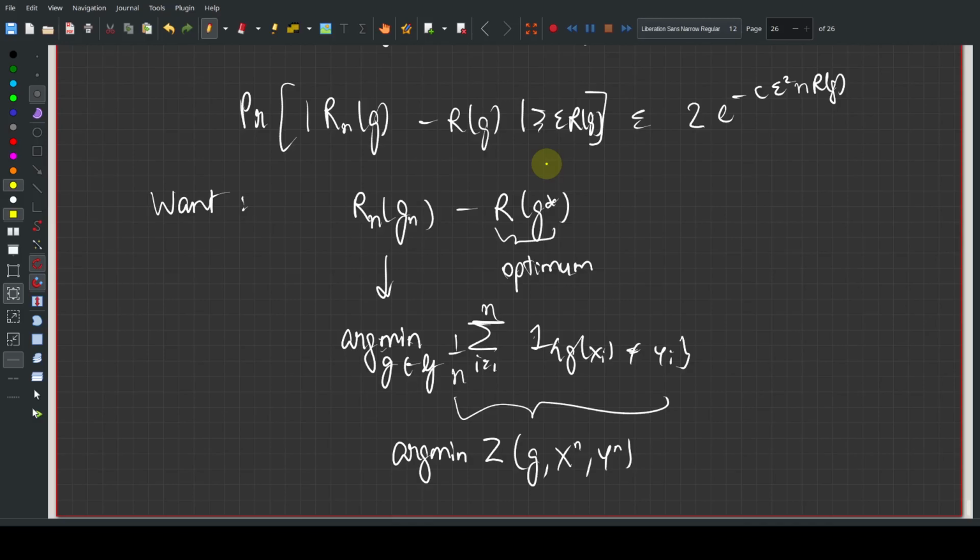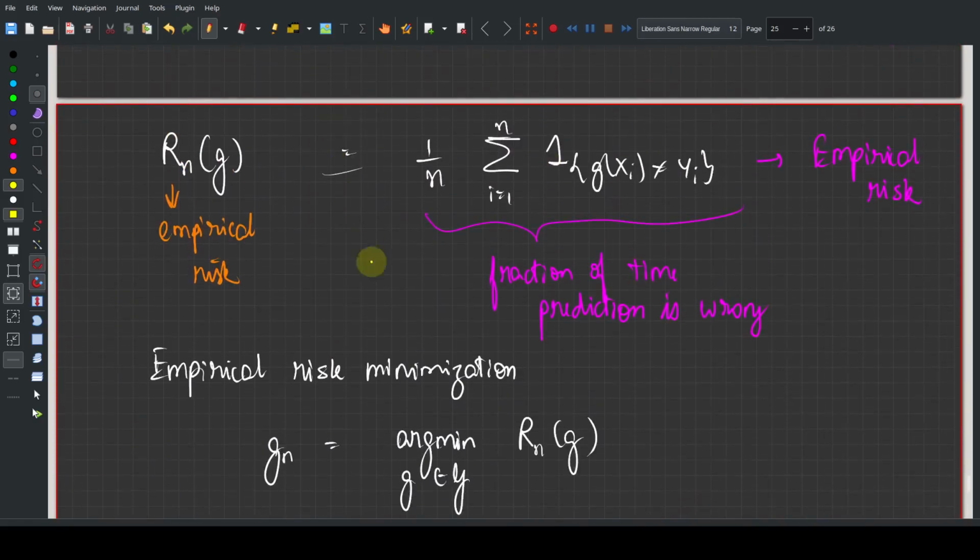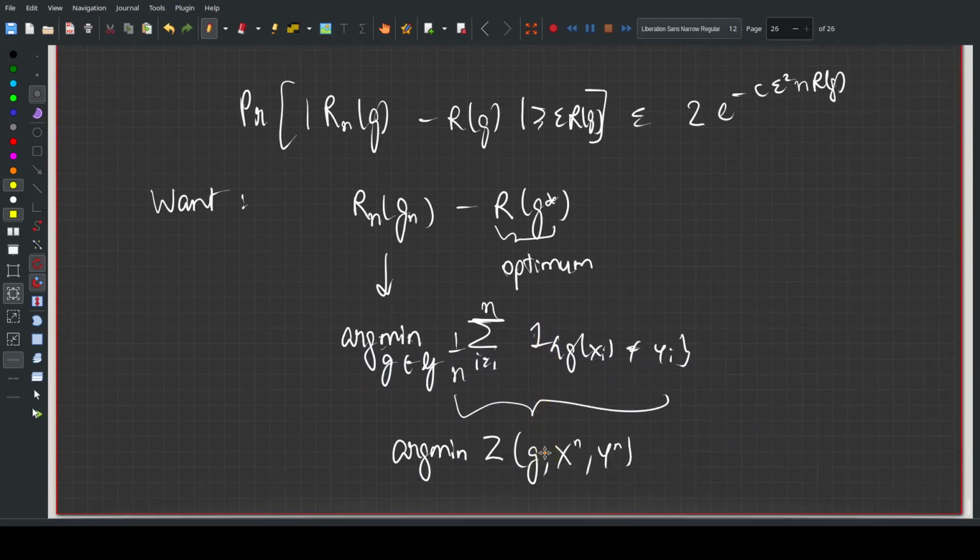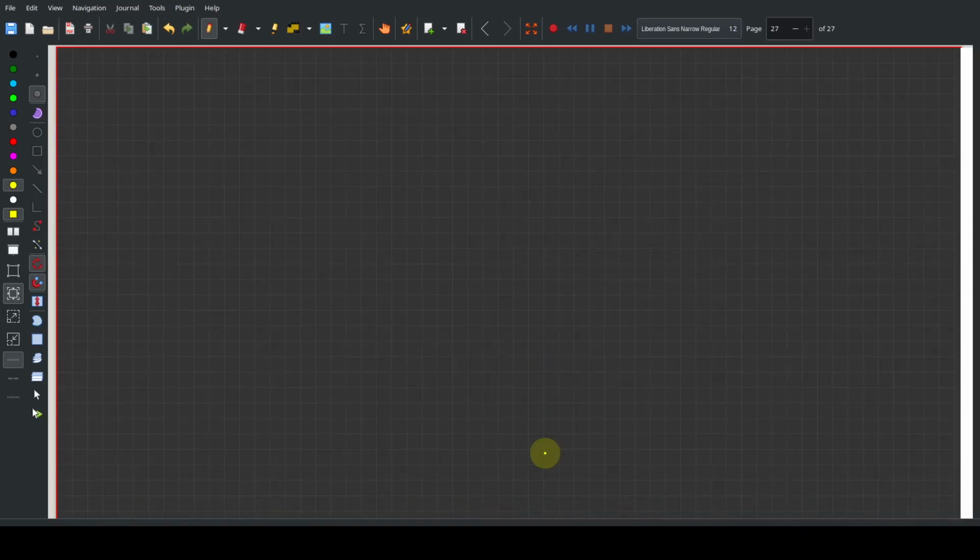But now what we want to know is how well the classifier obtained from empirical risk minimization performs. And this is not a sum of IID random variables. And to see why that is the case, let's look at a toy example. Right, suppose that